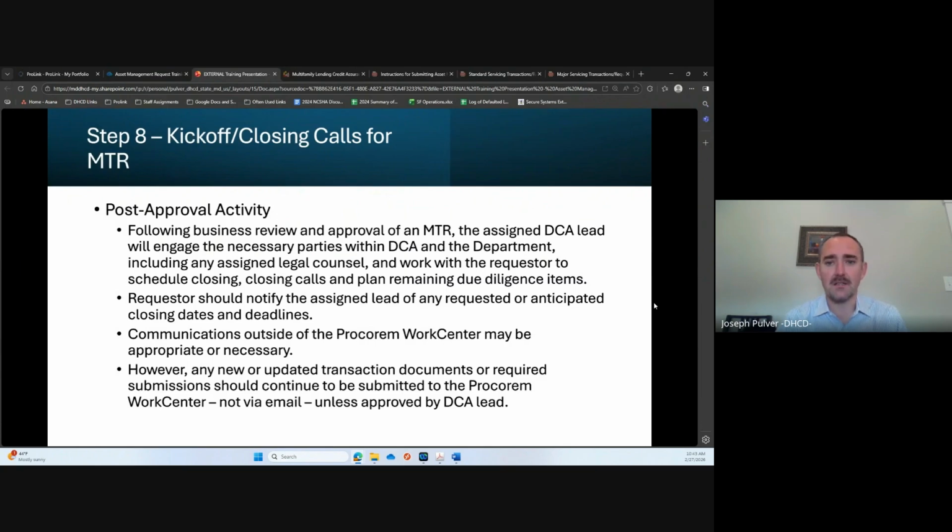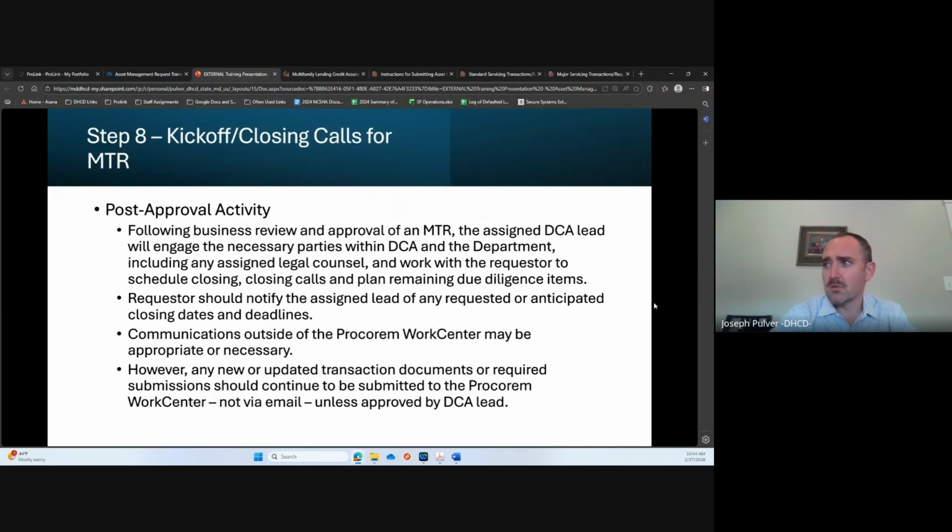There are often layers of reviews and documentation that happen through legal counsel. So oftentimes the initial review and approval will then kick off the next phase of, okay, we've got a full package of what the deal is. It's been reviewed and approved or approved with these terms. Now we're engaging counsel and starting the phase of kicking off the closing and getting to the point where the transaction can close.